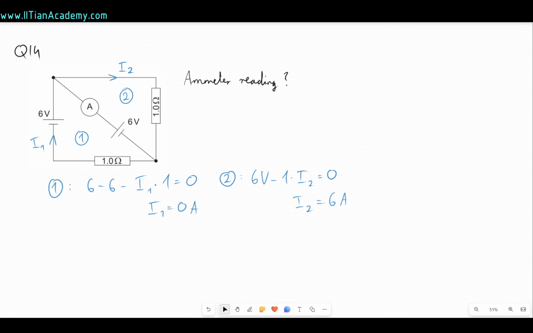And then if we consider the junction rule, so if we consider this junction, for example, the total current going into the junction and the total coming out of the junction must be equal. So the total current that is going out is equal to this 6, and so the total current that's going in must also be 6. And here we have total current of 0 going in, so the current here must be 6 amps. So the ammeter's reading will be 6 amps. So the answer is